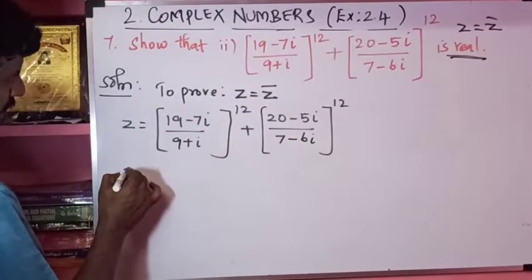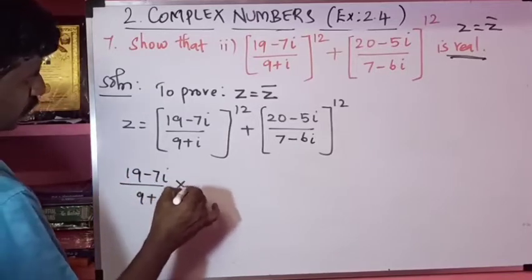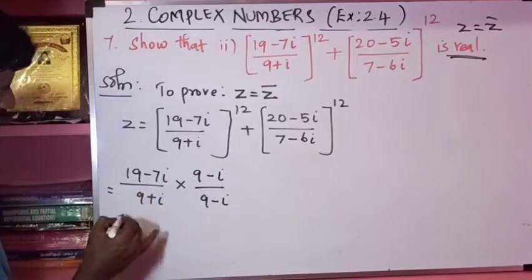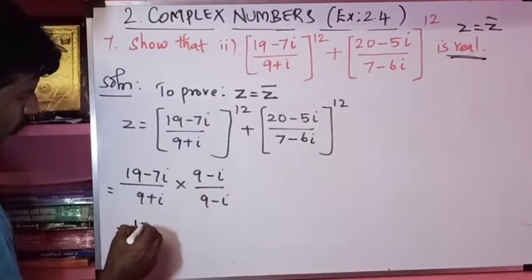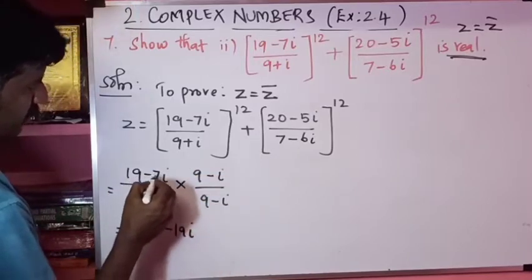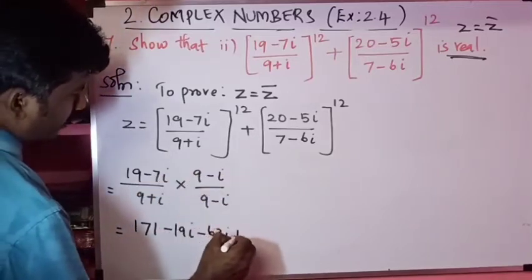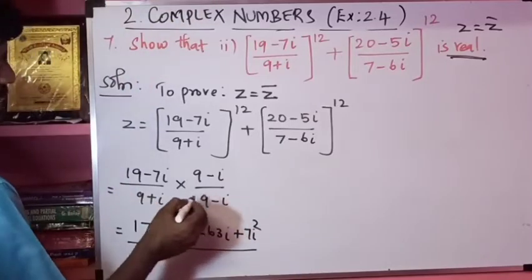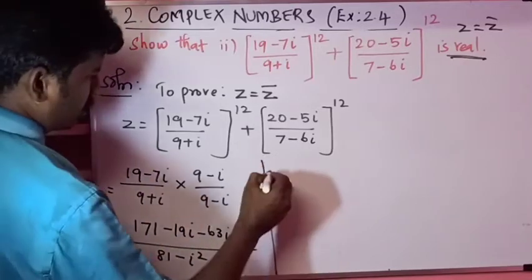First, take only this part. The 19 minus 7i by 9 plus i, into its conjugate value 9 minus i by 9 minus i. This can be written as 19 into 9, this is 171, right? 19 into i is minus 19i, this is minus 7 nines are 63i, minus into minus plus 7i square, divided by a plus b, a minus b, the a square minus b square, right? So this can be written as